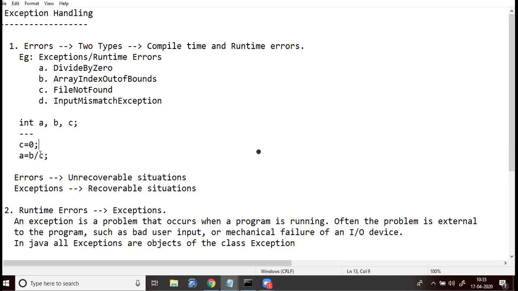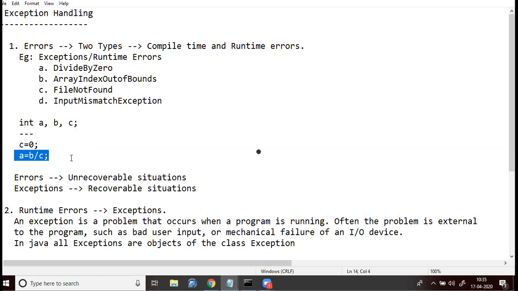Actually here you are dividing b by c, but what is the value of c? 0. So this will lead to an error. This will not create any compile time error, because logically this code is correct. Only when you execute, it will identify that c is 0 and you cannot divide a number by 0, but still this program will try to execute and it will create a runtime error. So this is one example for exception.